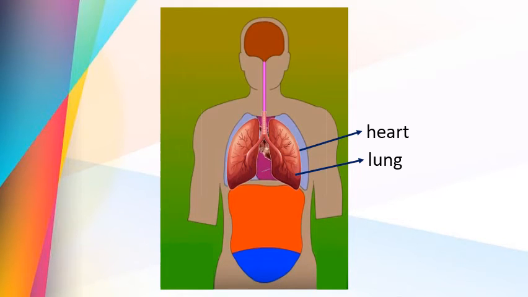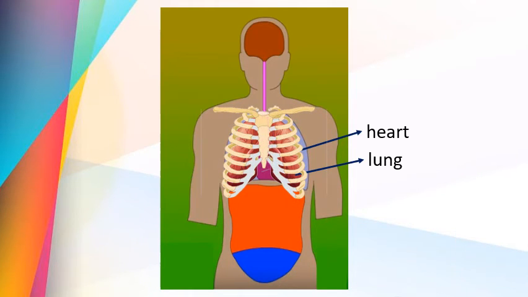Okay? The functions of the heart and the lungs depend on each other. Both these internal organs are very, very important. They are situated in the thoracic cavity, we know that, inside a cage made of bones, what we call the rib cage. That is why they are safe and secure. Got this, students?